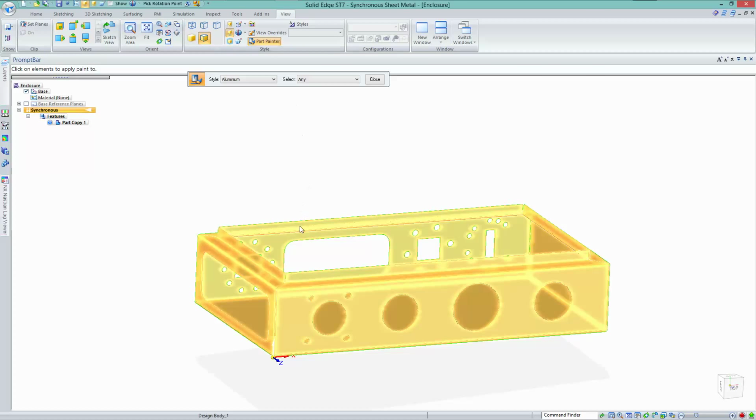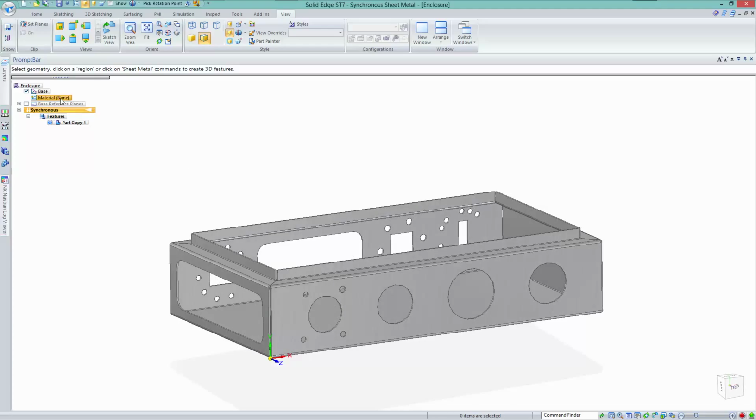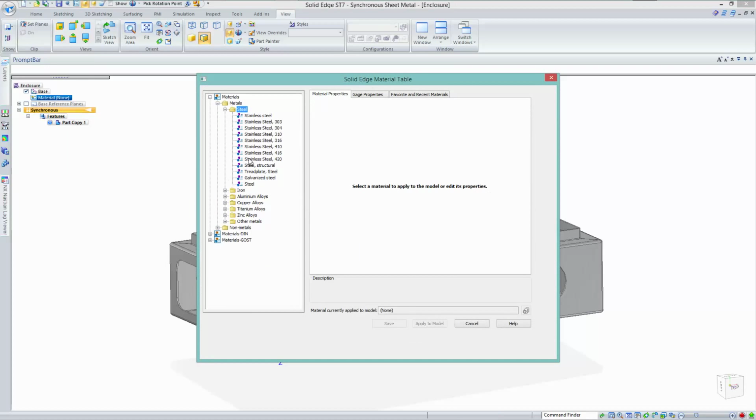We'll use the part painter tool just to change that to aluminium. We could perhaps do the same thing through the material table. I mentioned the material table. I was going to have a look at it. Let's go and have a look at it now, perhaps. So materials, we can assign recent materials. There's our favourite materials. I really want to have a look at the material table as a whole. So